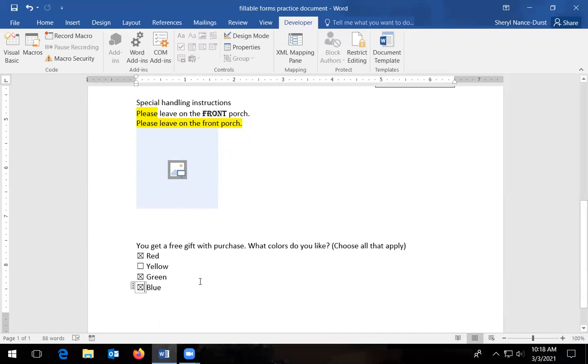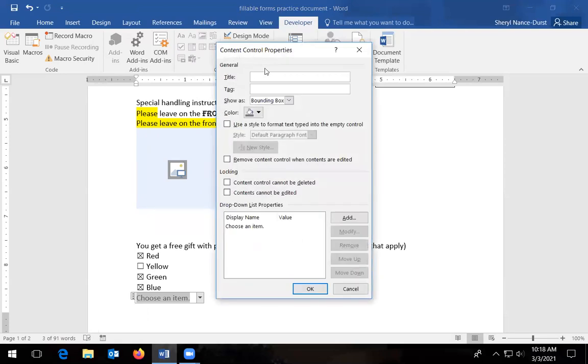So in which case that one is the third one over on the second row. Drop down list. Going to put a drop down list. Now, when it comes to the drop down list, you really do have to go up to properties, because properties is where you put in the items on the list. Down here, I've created the drop down list, and right down here, I'm going to